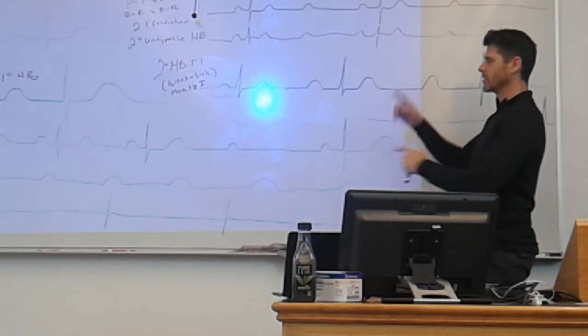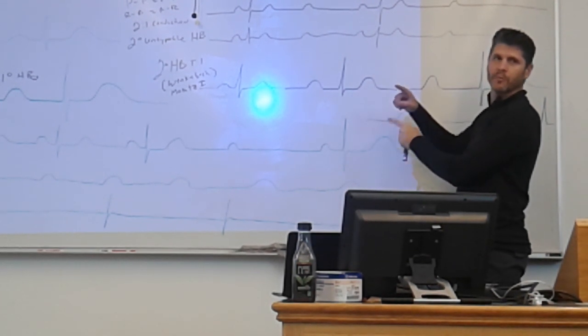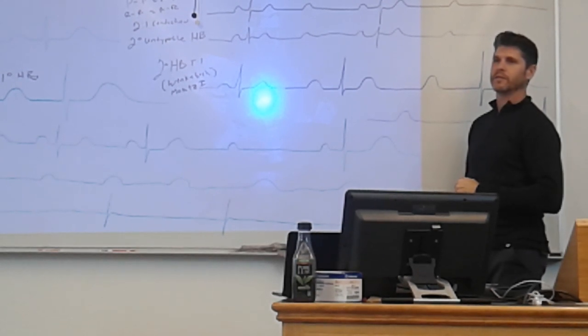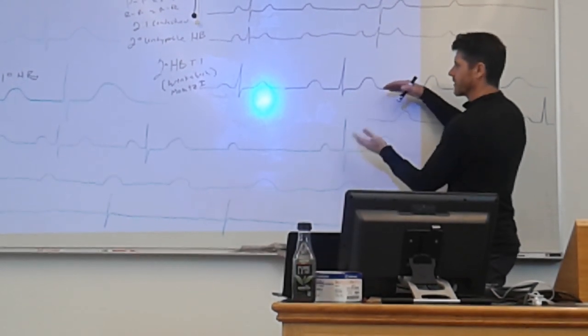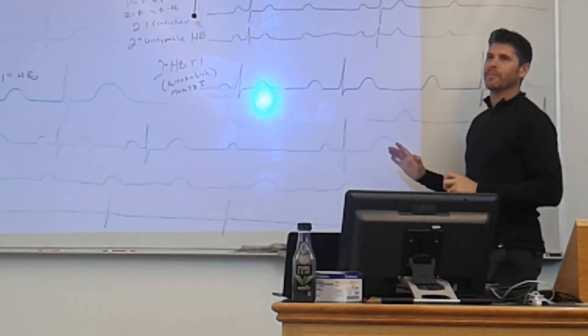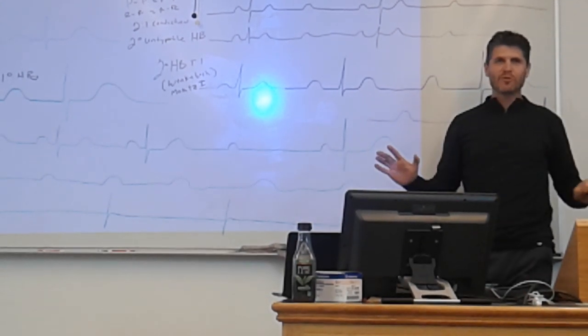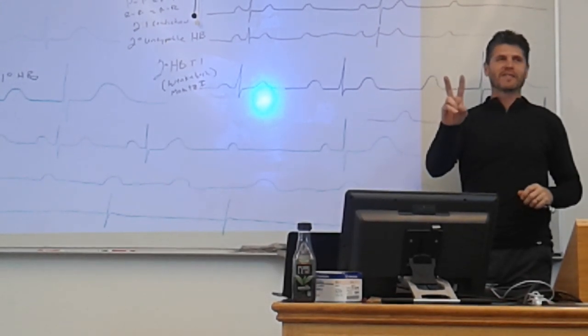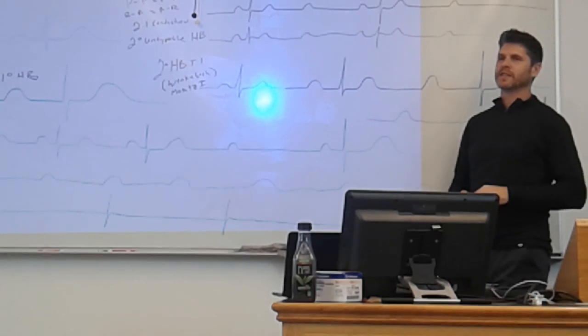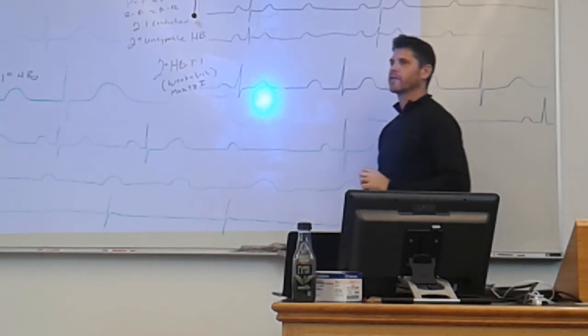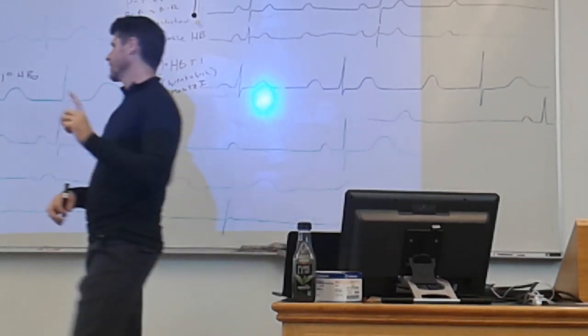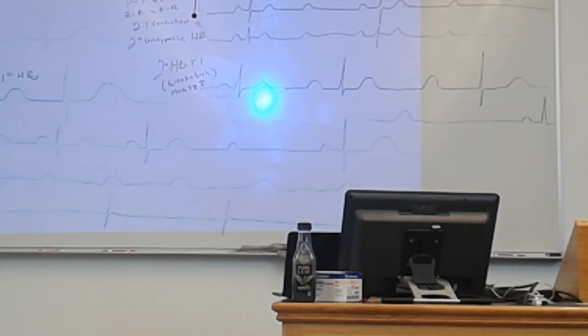Because the two types will not cross over with each other, ever. They'll never cross over with each other. So at any point in time with your patient, at any point in time you get two complexes together, you can figure out what the type is. You can also have some correlation with the patient. Type 1,